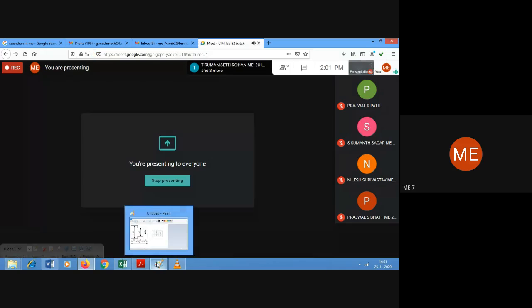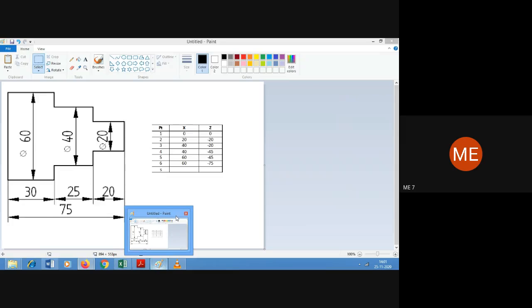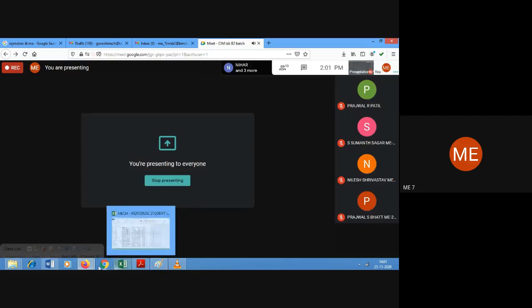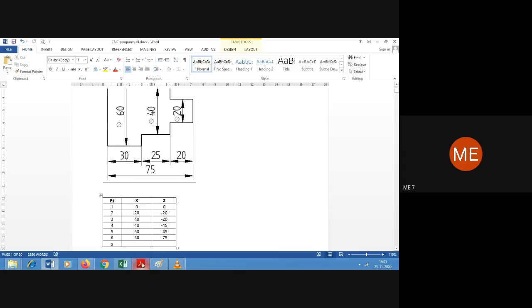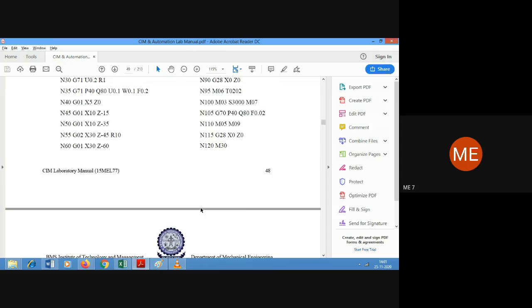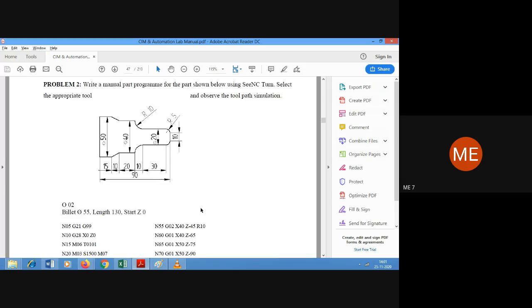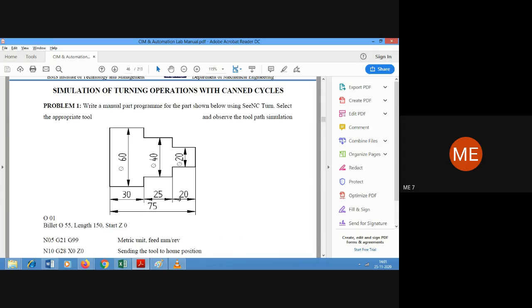Okay, now let's start with the lathe operations. We'll go to the first problem, problem number one from turning operations, or sorry, lathe operations.